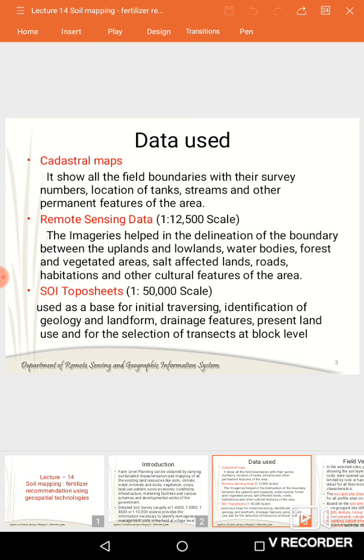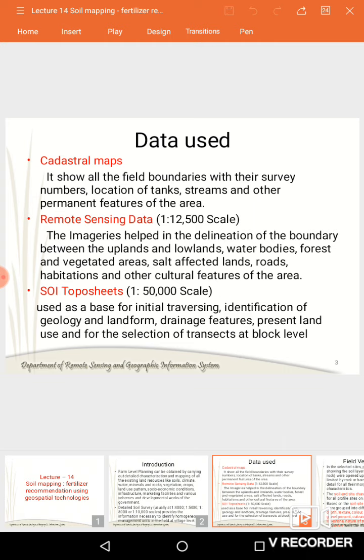And also by using remote sensing data we have to identify the landforms and surface features of the area. And the image helps to delineate the boundaries between upland and lowlands, water bodies, forest, vegetation areas, etc.